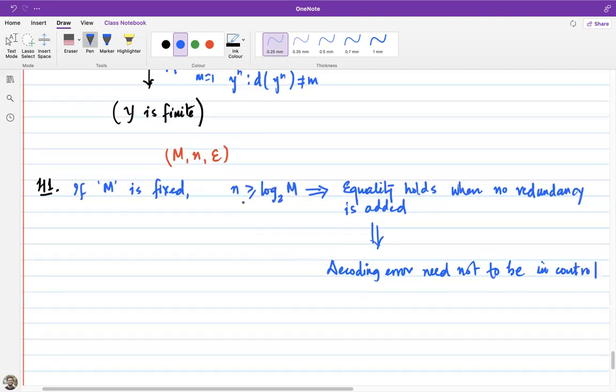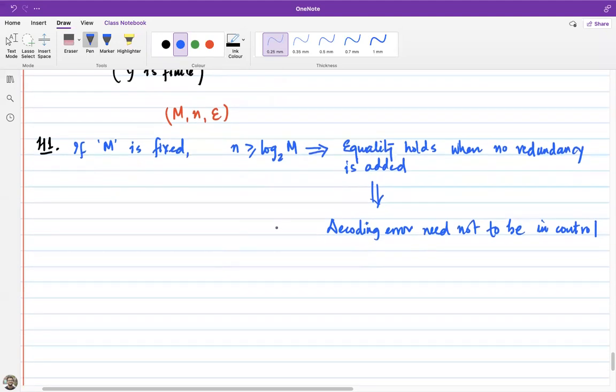This is one of the extreme cases where you don't add any redundancy, and you just encode the number of bits that you need to express those m messages. So motivated by the first example, we know that you need to add some redundancy, because there is always scope for improvement if you add some redundancy. Based on that heuristic, this H1 implies that